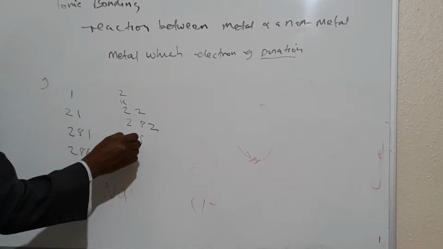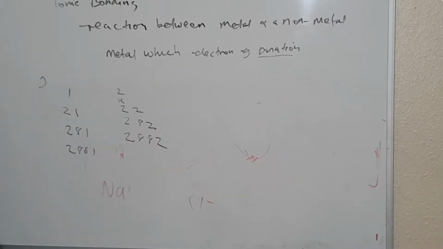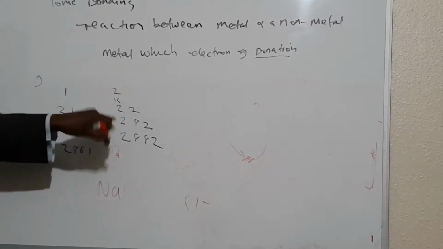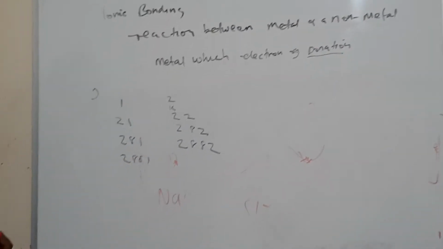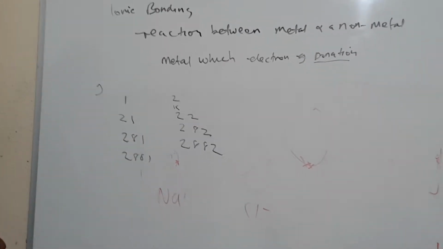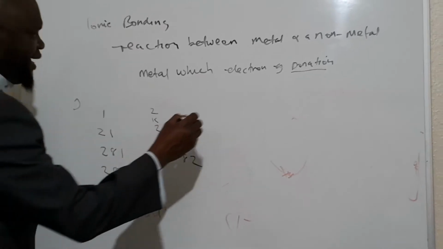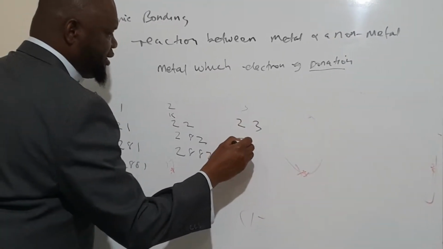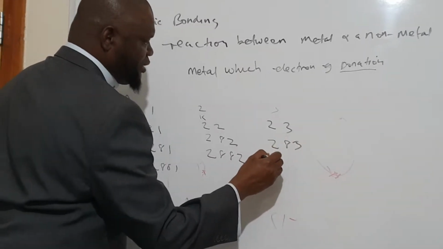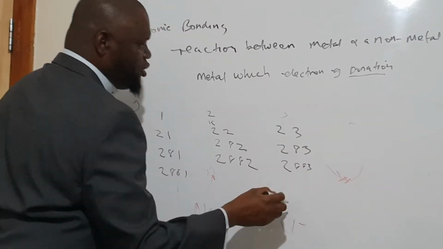The next one is 2,8,8,2. So each subsequent element has one more electron in the outer shell. So group 3 will be 2,3, then the next one 2,8,3, the next one 2,8,8,3. So they can all